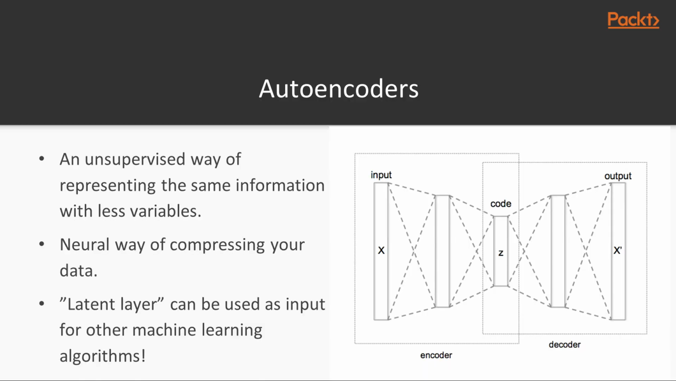First, autoencoders. An autoencoder is an unsupervised way of representing the same information with fewer variables. Now this sounds pretty abstract, but it's kind of a neural way of compressing your data. And if you take a look at the image on the right here on the screen, that's an autoencoder where all the striped lines here, one block of striped lines, is like one set of neural network